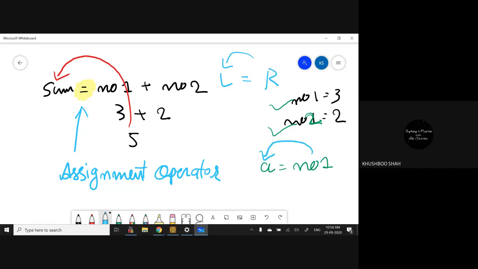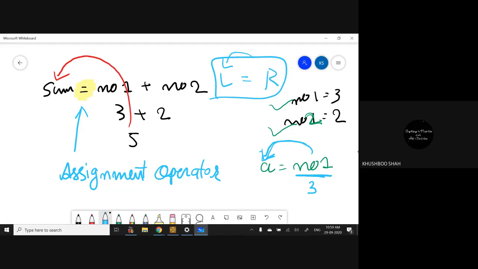Always keep in mind the assignment happens from right to left. So whatever you have at the right side, you are assigning that into A. And suppose I have the variable A, so now my value of A would be 3, because my NO1 contains 3.